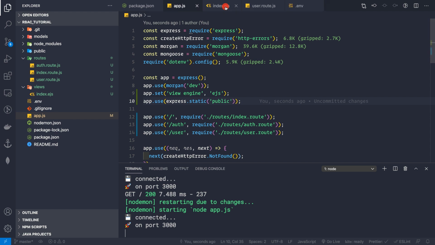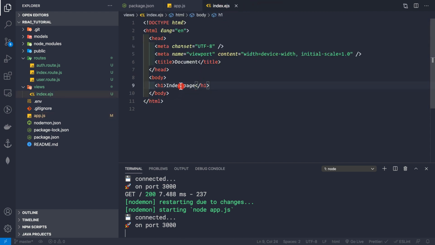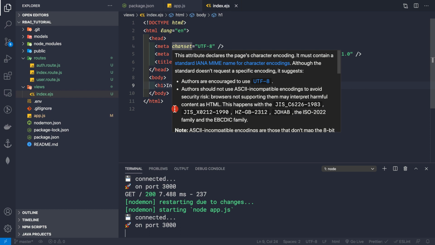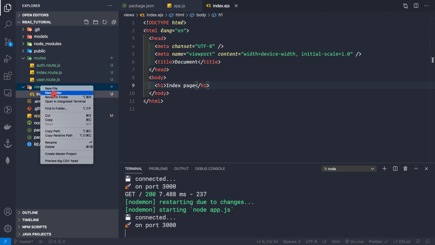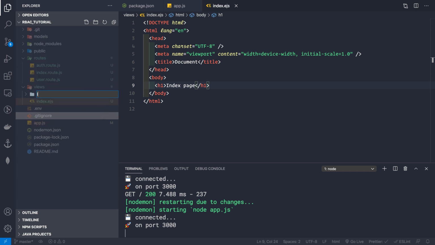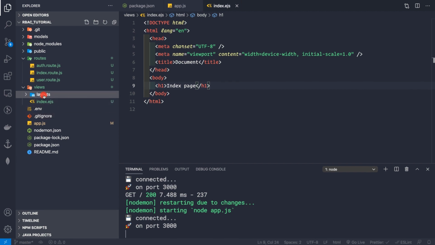Not the route, but if we want to go to our index.ejs file. So we see that for each of the routes or for each of the pages, that is register page, login page, we have to create this HTML skeleton for each of the pages. So why not create a partial for each of the pages that can be reused. For that, I'm going to the views folder, and here I'll create a new folder, and that would be called layouts, like this.